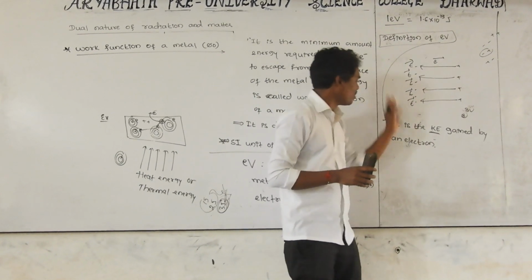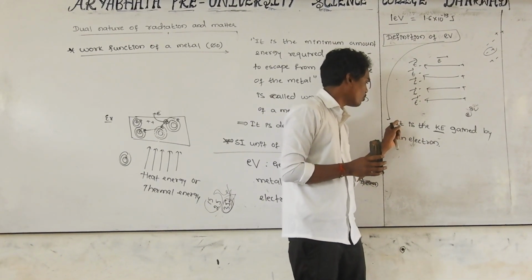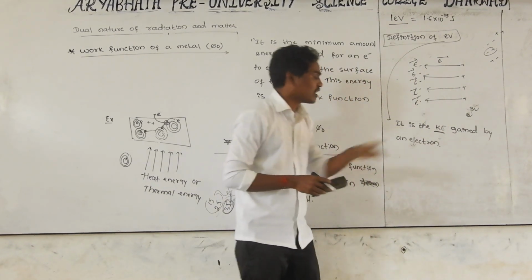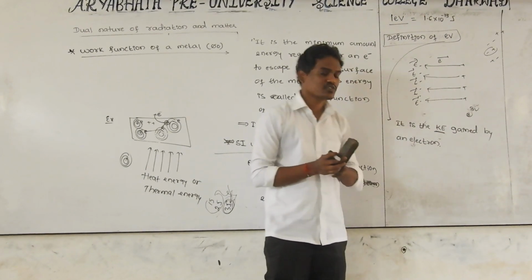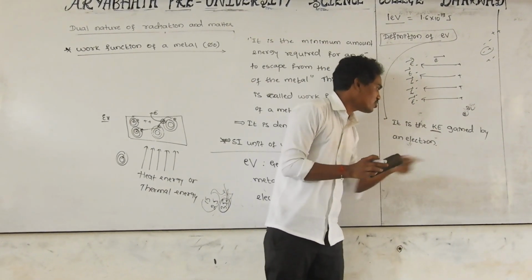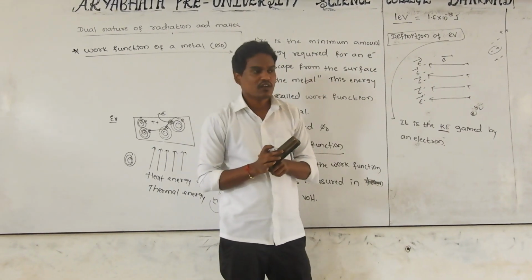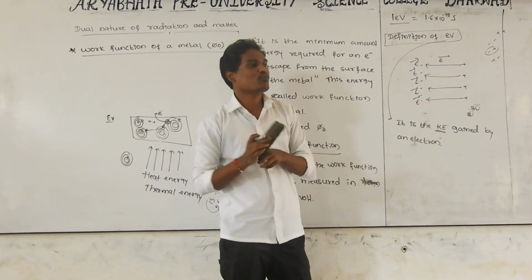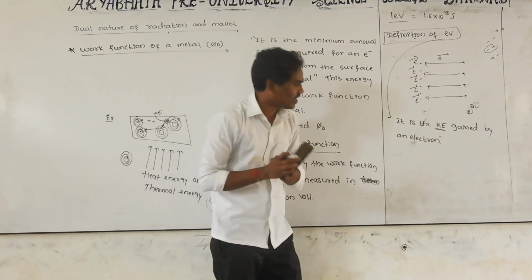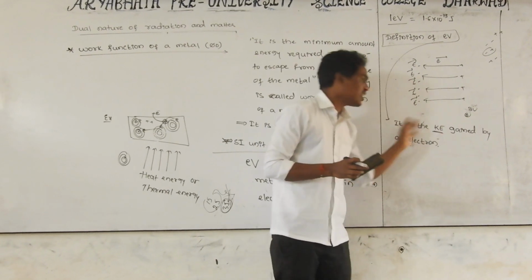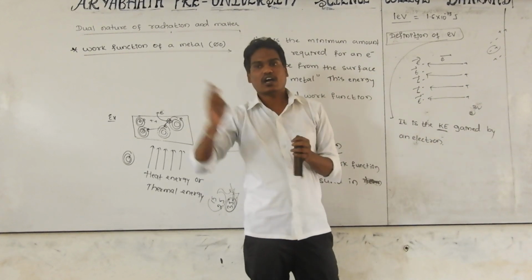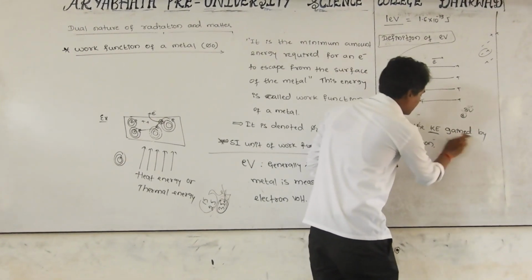And here the definition of 1 electron volt is the kinetic energy gained by the electron. Kinetic energy is the term here. Is the electron at rest or is it moving? The electron is moving, because we use the word kinetic energy. Until it becomes in motion, it doesn't possess any kinetic energy. Instead, it has potential energy. You use the word kinetic energy meaning the electron is accelerating, moving from one point to another point. It is the kinetic energy gained by the electron